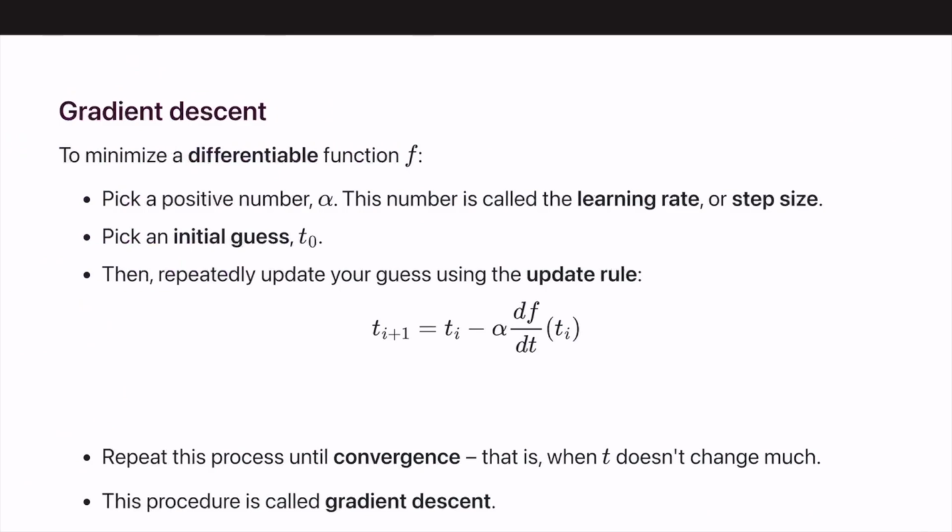But by and large, for simple gradient descent, the thing that we really care about is what's called a learning rate or a step size. And that's alpha right here. It's called a step size, but it's really a multiplier. And the multiplier is what determines how large of a step we take in between our T1, T2, all the way to Tn, how big those steps are. And that's really important because if you have